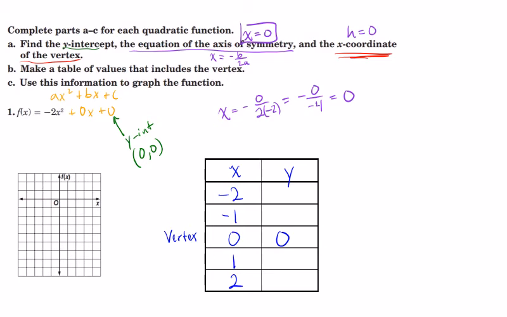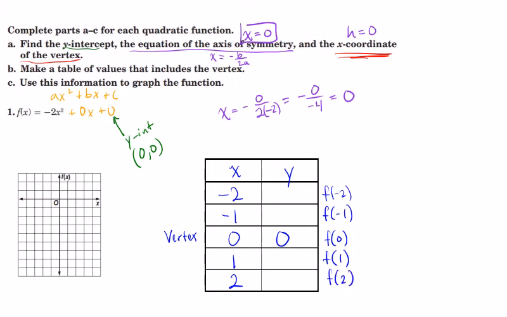All right, so now what I'm going to do is plug in these values into this function here, right? So I'm going to find f of negative 2, f of negative 1. We already know f of 0, right? F of positive 1, f of positive 2. So f of negative 1,